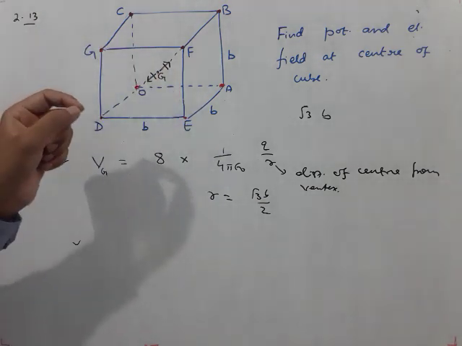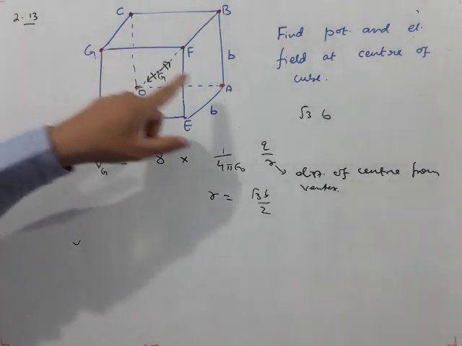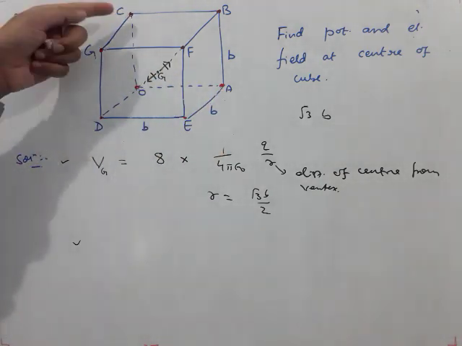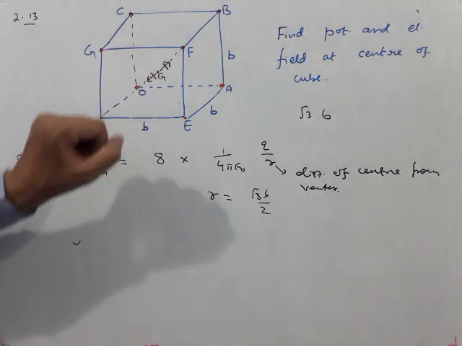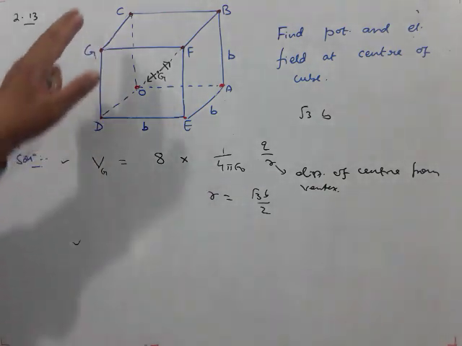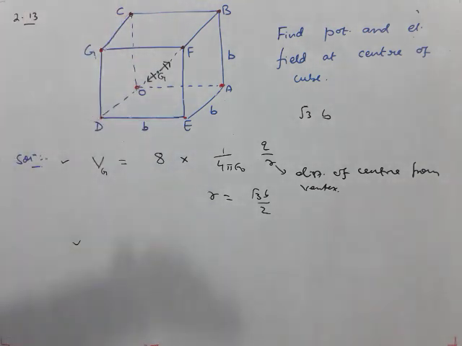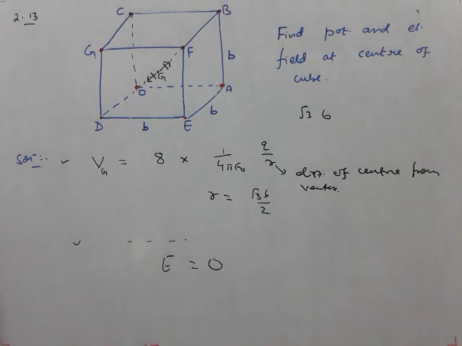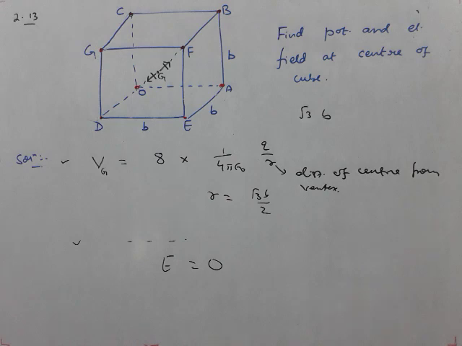By using the same analogy, we can say that the electric fields due to G and the charge Q at A will cancel. The charge at C and the charge at E, their electric fields at the center will cancel each other. Likewise all. So there are 8 charges, there are 4 diagonals. On each of the 4 diagonals, the opposite charges will have electric fields in opposite directions, and because of this reason the net electric field at the center will be how much? It will be 0. I hope you can write the reasoning yourself. You should do it on your own.